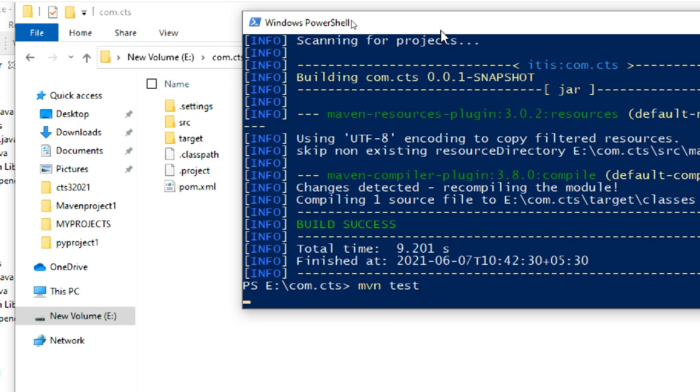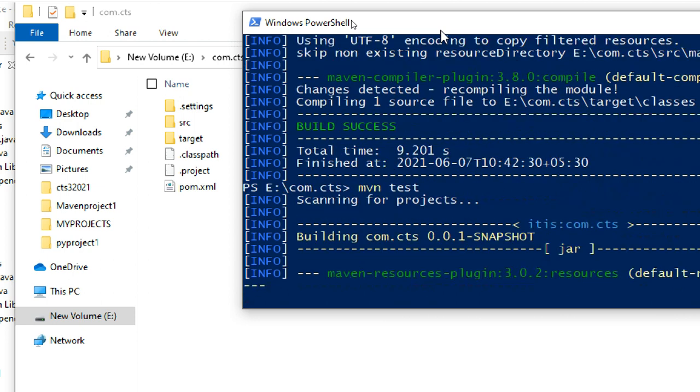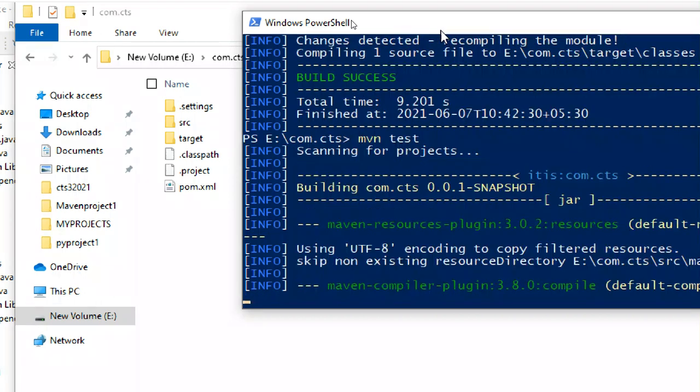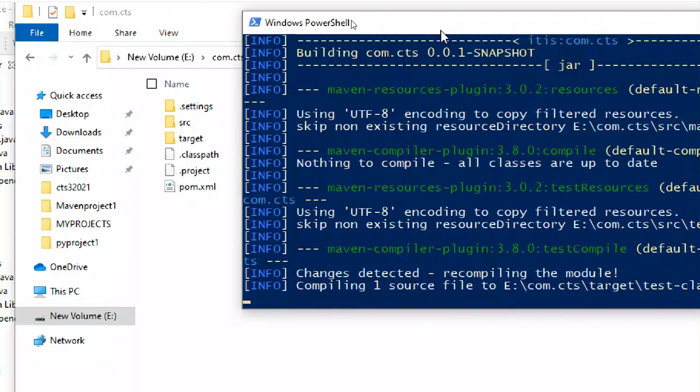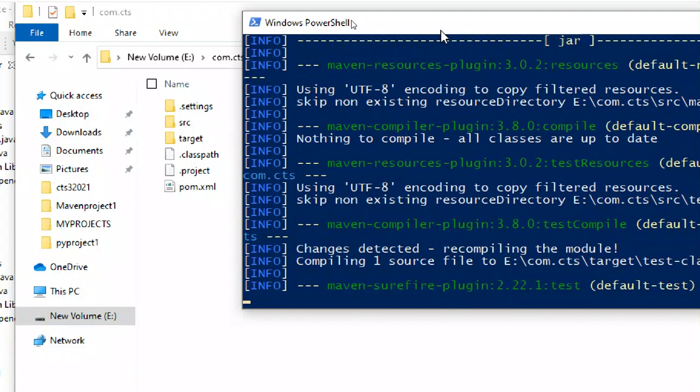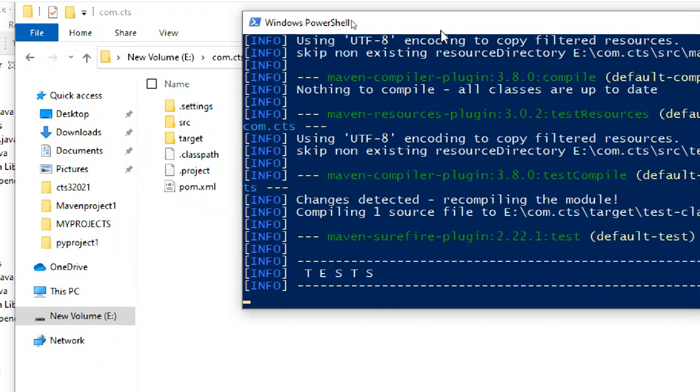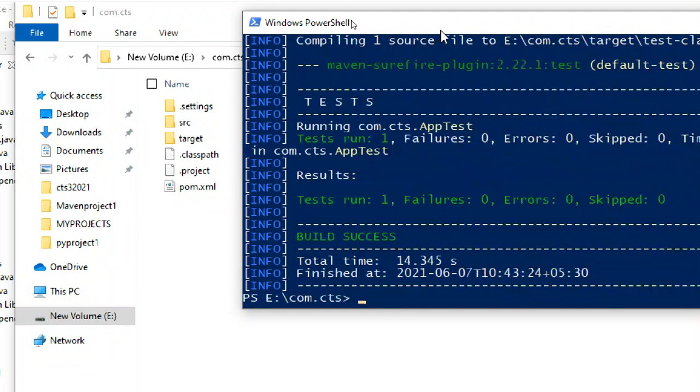When you put clean, the target folder and the class files generated from the existing run are removed. So it will do compile, test resources, and test. So what is actually tested? Based on the AppTest file. Okay, so build successful, tests run.